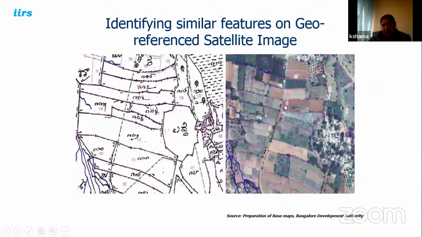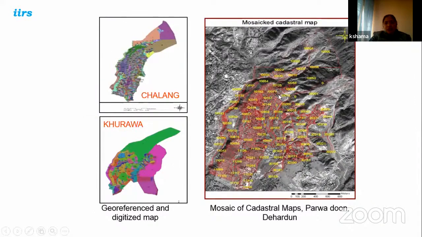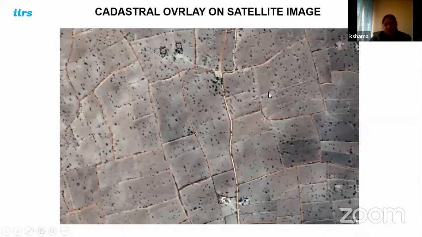Like this is a vector file which is digitized, then it is overlaid over this one. And this is a mosaic of 3-4 villages. Similarly, you can see how it has been overlaid, so you can see your boundaries are quite accurate, especially in flat regions like Chhattisgarh and other areas. It has been found that the overlay over the satellite image is very accurate. It has 3 to 5% of error. So that is how the Government of India is now putting a lot of emphasis on this georeferencing that can help a lot in rural development programs.